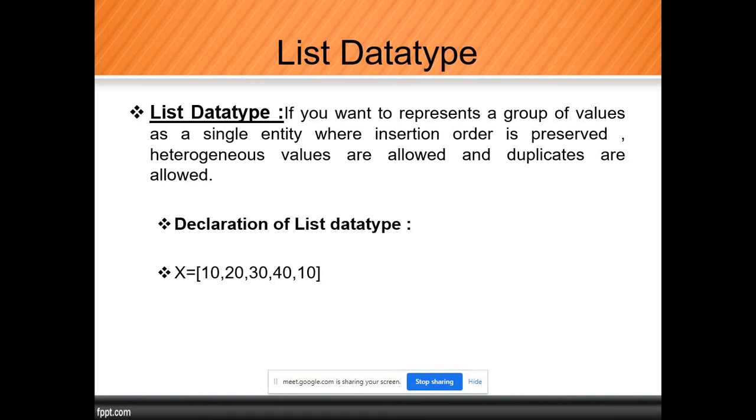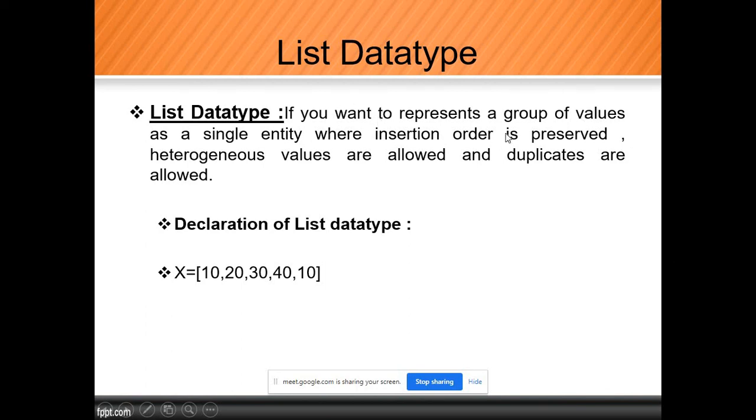Okay, so what is a list data type? If you want to represent a group of values, see, we did the operation by using bytes, we did the operation by using byte array, we did the operation using fundamental data types. So by using bytes and byte array we can represent a group of values. Right now in the list also we are trying to represent a group of values, but with certain conditions.